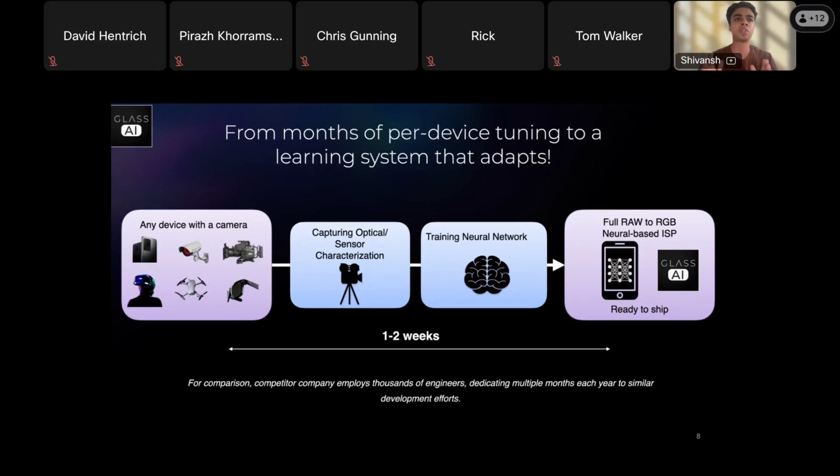How these bursts are processed and restored is the proprietary algorithm for each of these OEMs, and that is also the proprietary algorithm that Glass AI proposes here. So we have our own way of going from these individual sets of RAWs, characterizing them, and implicitly learning. We have physics inspired neural networks, and then eventually output the RGB JPEG.